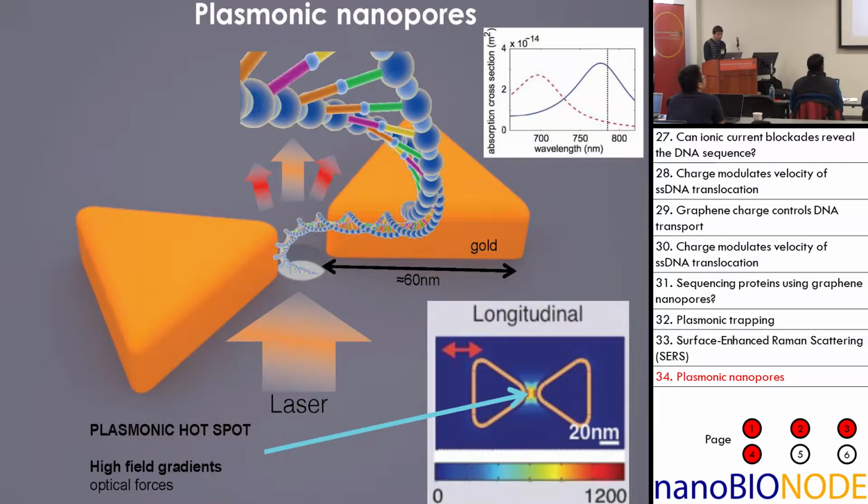When I went to Delft University in the Netherlands, that's where I learned about plasmonic nanopores. So how do we make a plasmonic nanopore out of a normal nanopore? Very simple. We add two gold bow tie triangles, and then the idea is the following. We illuminate it with laser light, and if we tune our laser properties correctly, we'll create a